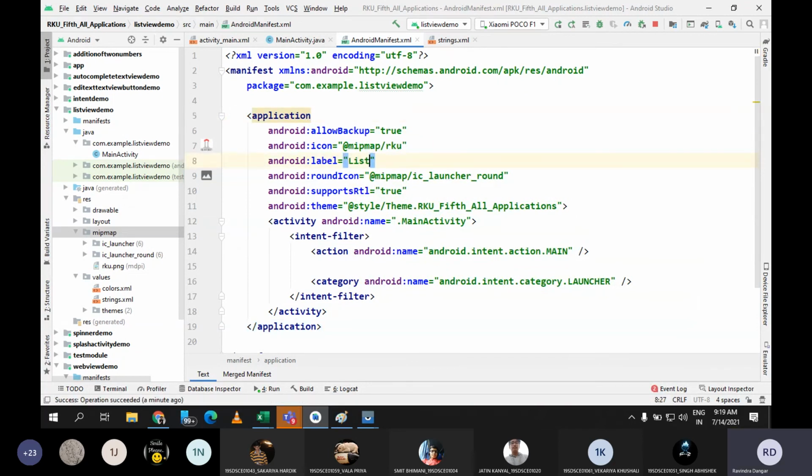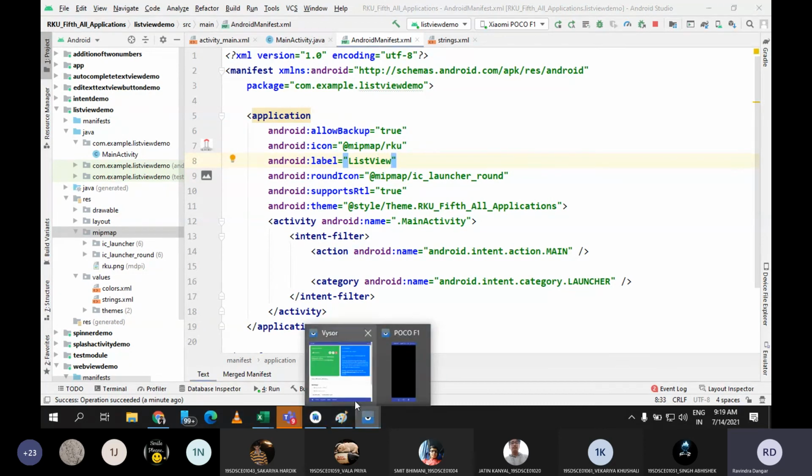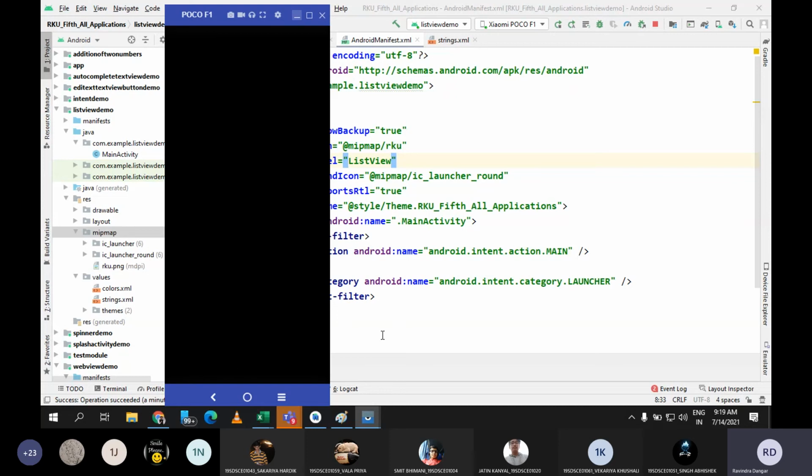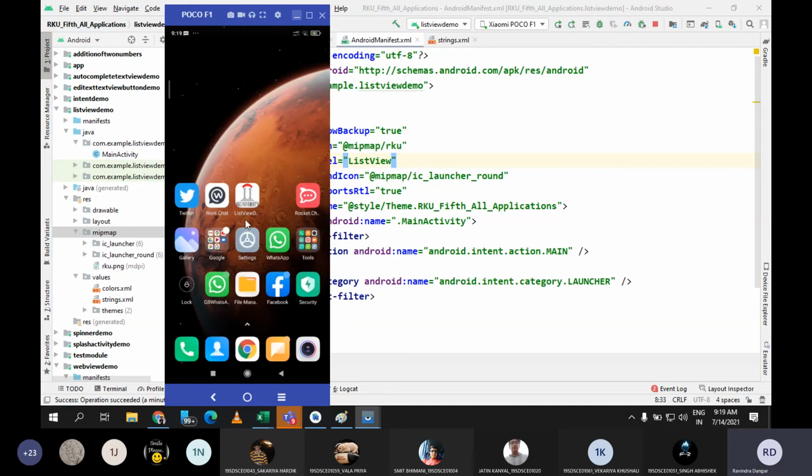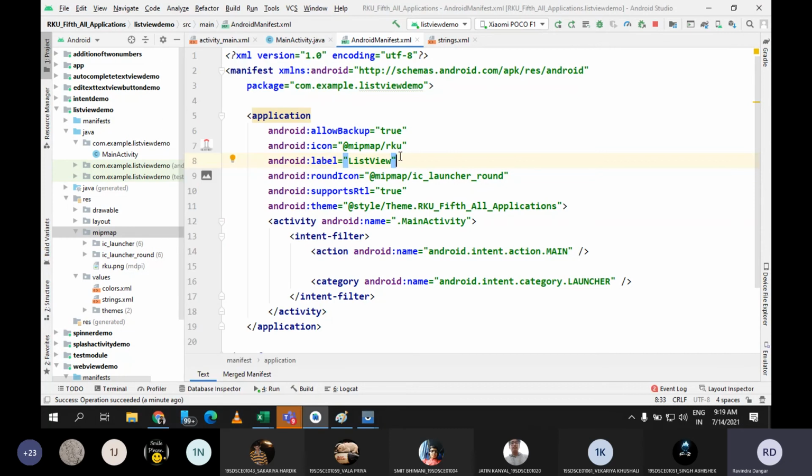If I just want list view, I don't want to write demo. See, as of now it is list view demo. Now I am giving the label only list view.